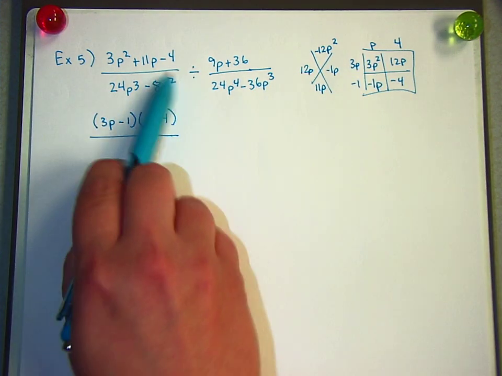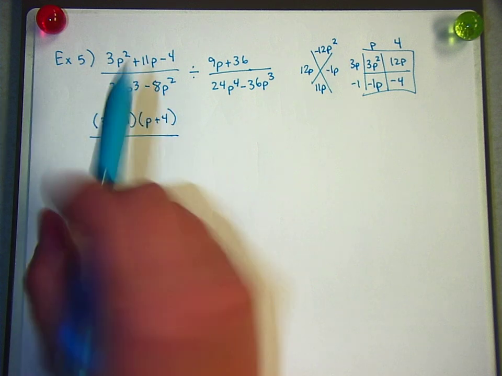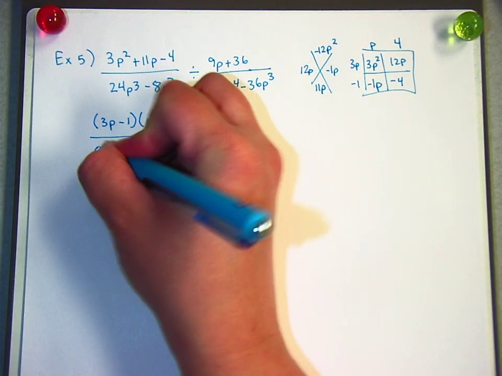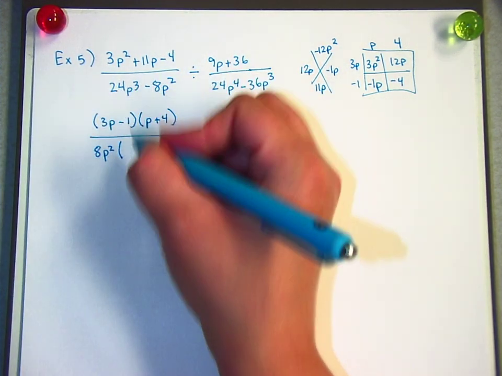On this one, we're going to use the old rule of what can you take out first. So that would be 8p squared. I'm left with, let's see,